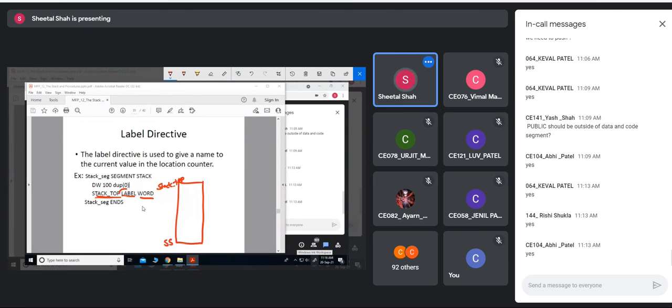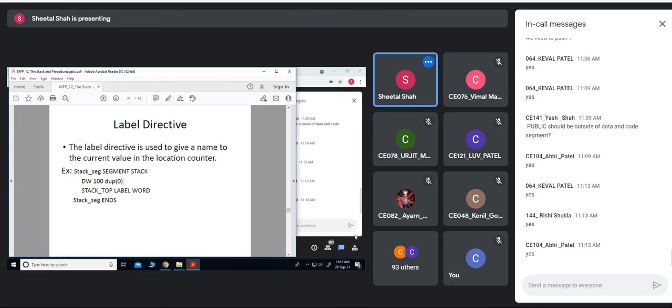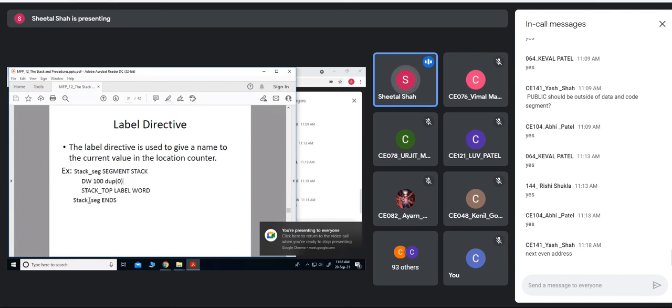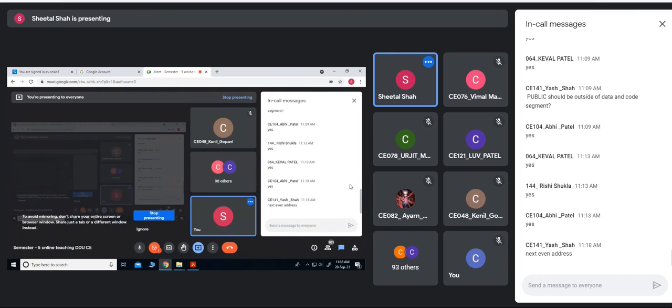And what does word indicate? It indicates that the next address after the 100 memory locations should be labeled with stack top. Is it clear about the label?